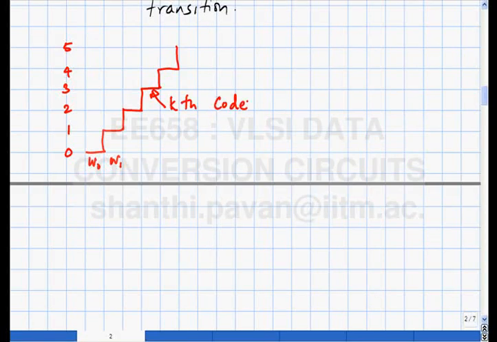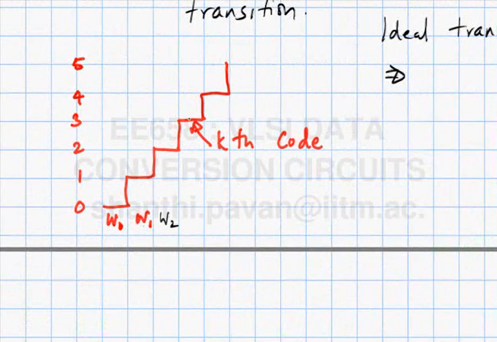What is the transition voltage to the kth code, ideally, in the ideal staircase? The ideal transition will be W0 plus W1. So this is W0, W1, W2, and the transition voltage for the third code will be W0 plus W1 plus